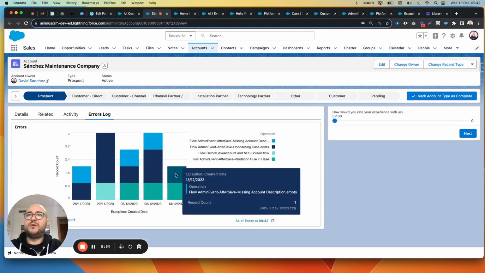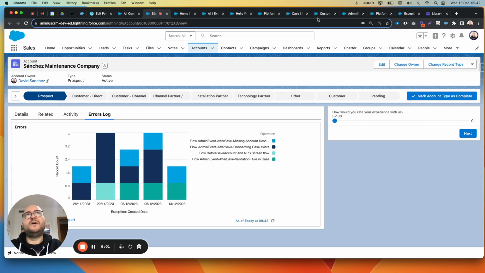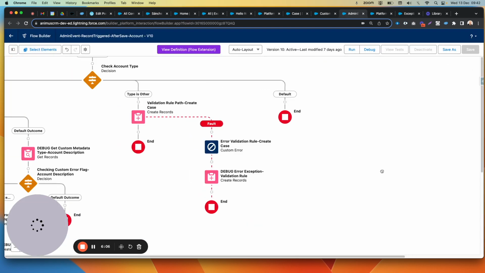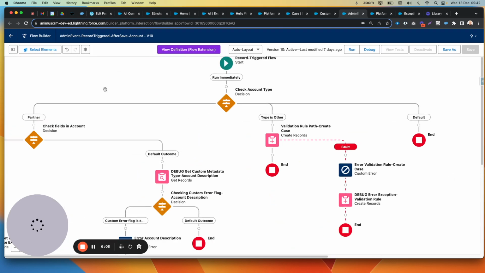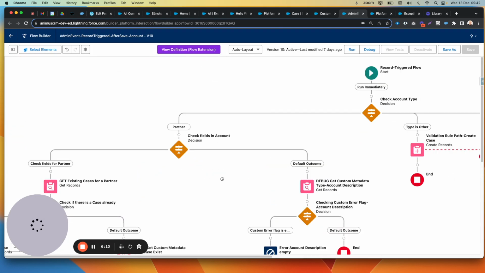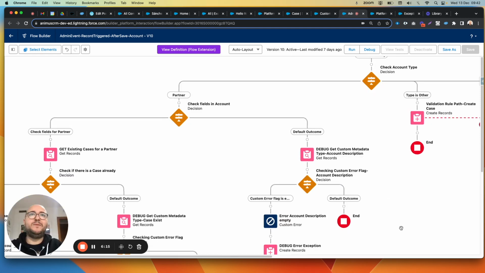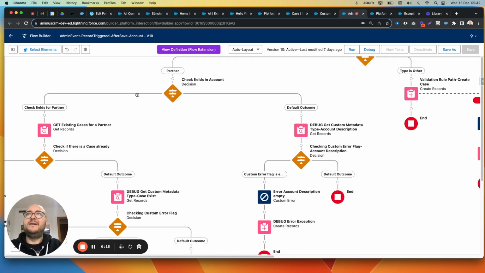So the account description was missing. That's the reason why I have an error here. So how can I do that? I have this very same flow, and we have this path, and we are going through this path. So if the description is empty, then we are going through this path and we are capturing the same error